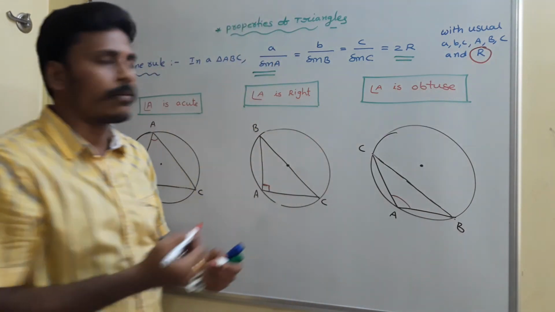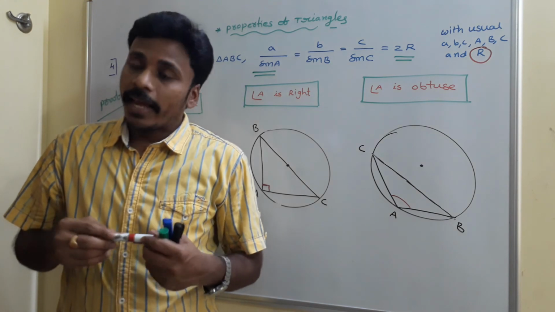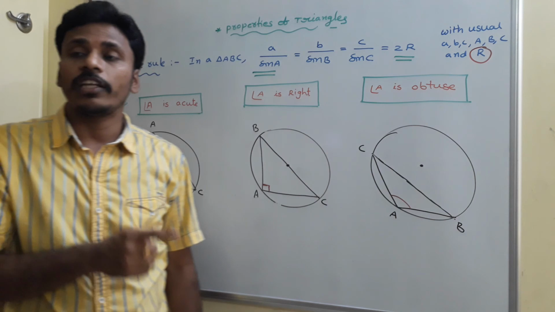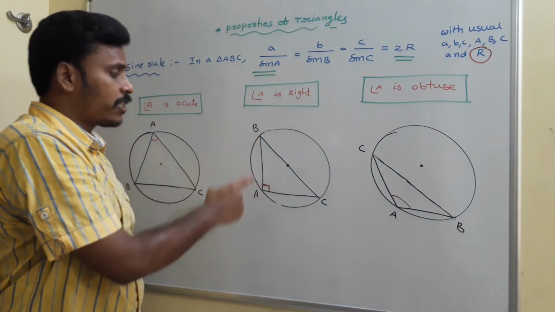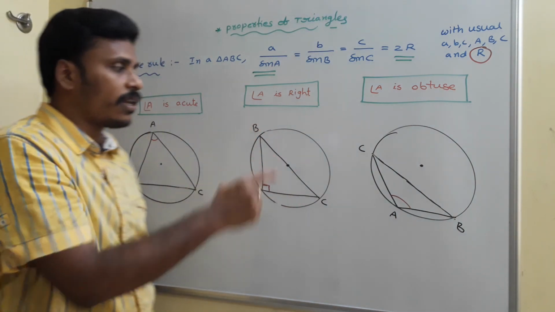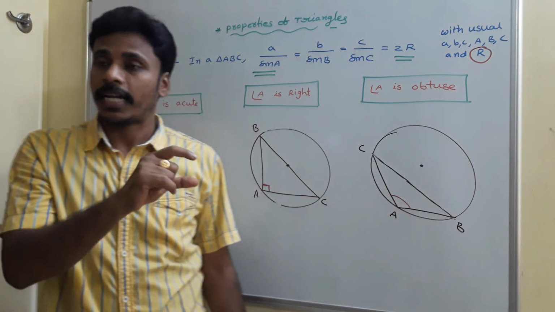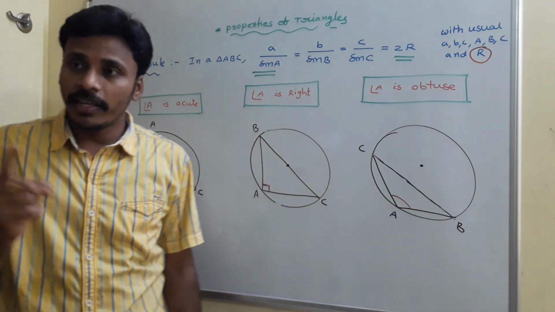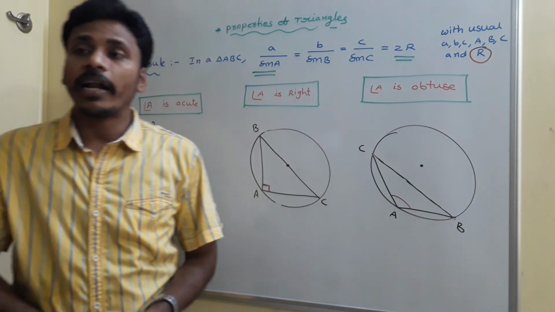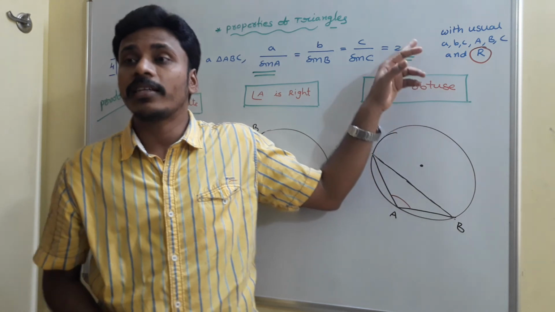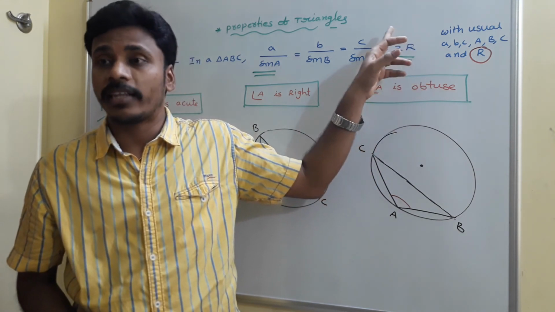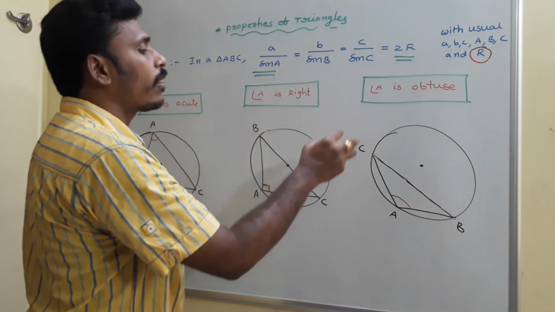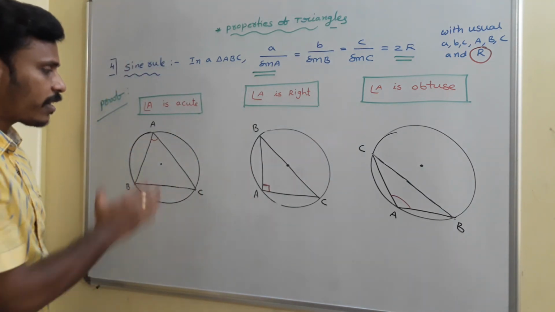See, what is circumradius? For every triangle, for sure there is a circle passing through the three vertices like this. Passing through the three vertices, we have a circle, and that circle is called the circumcircle. Its center is called the circumcenter. Its radius is called the circumradius, and its radius is capital R. Since capital R is involved in the statement, for that I included the circumcircle in all the three cases. Okay, step by step we need to analyze.